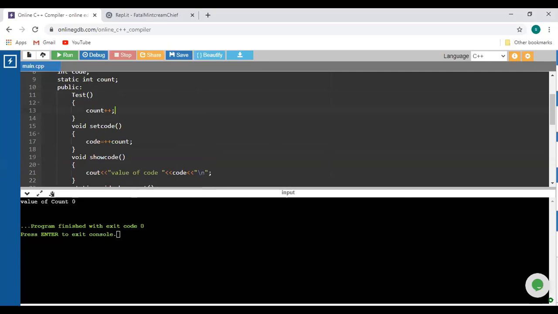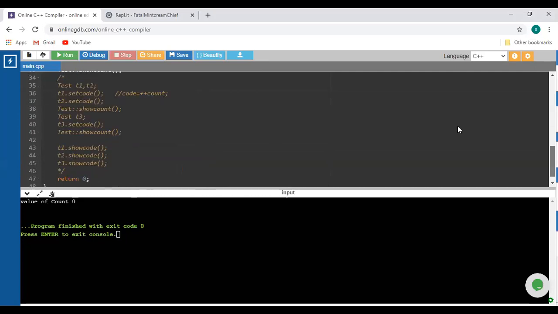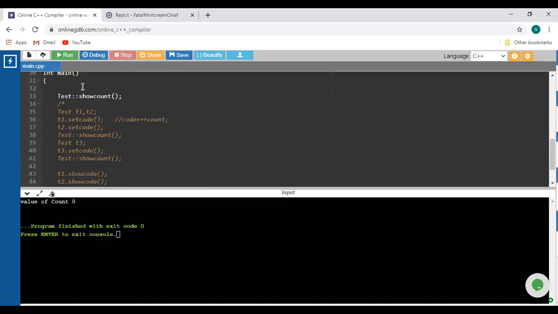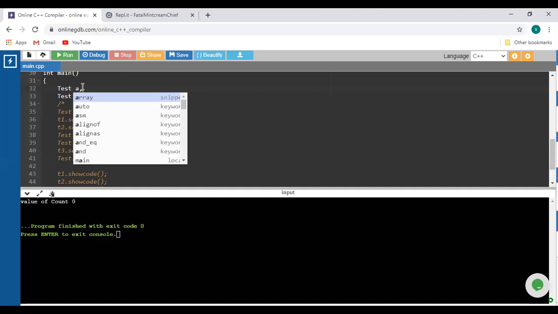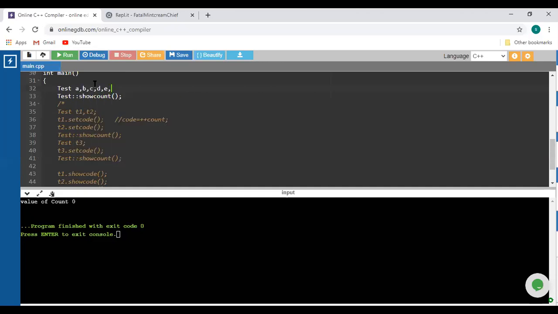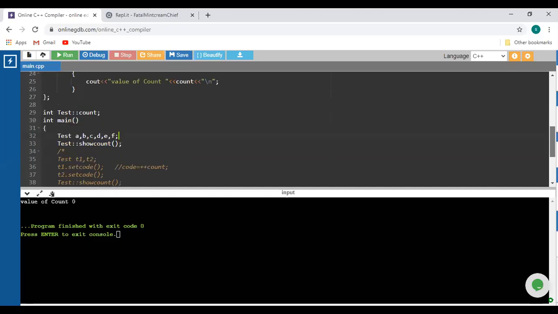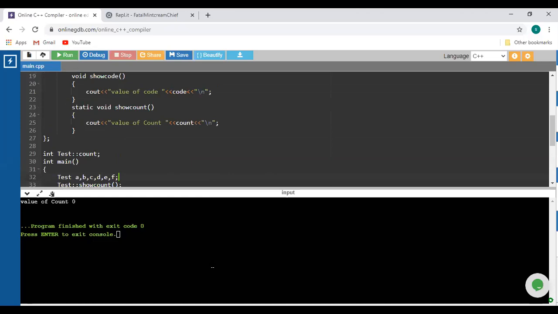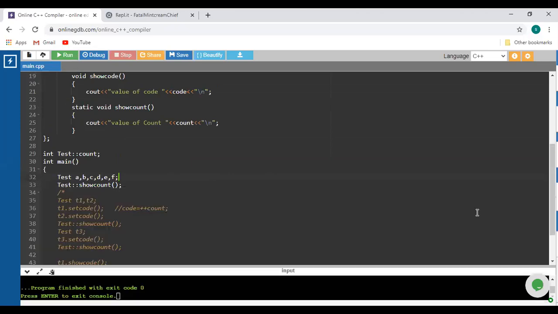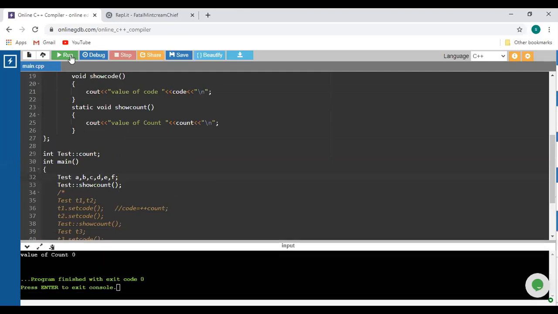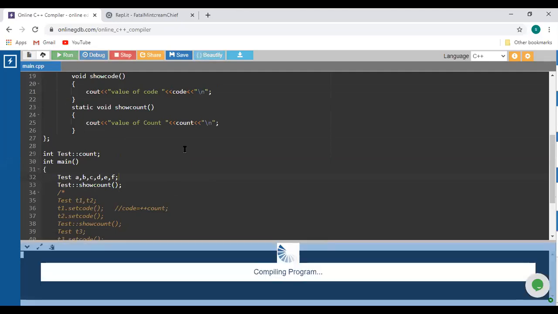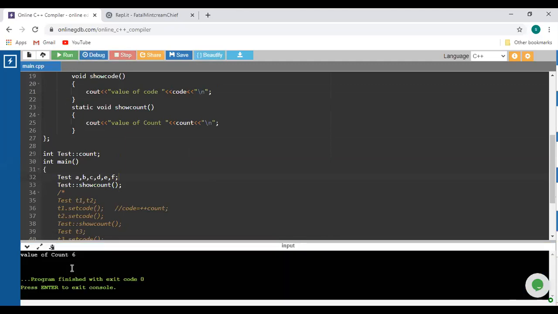Now I will create multiple objects of that class, like A, B, C, D, E, and F. So what is the value of count? I will execute. The value of count is 6.